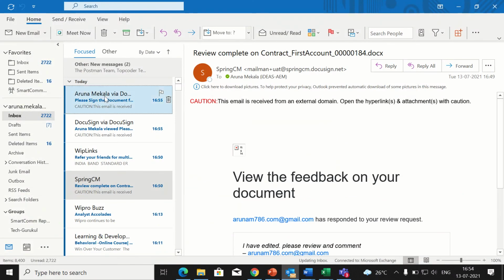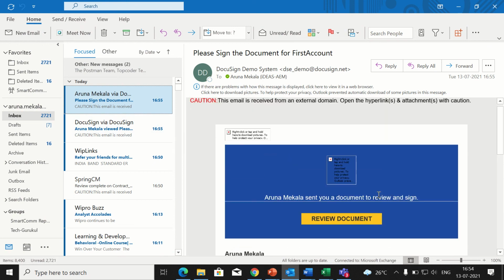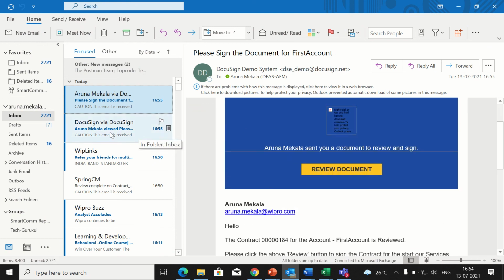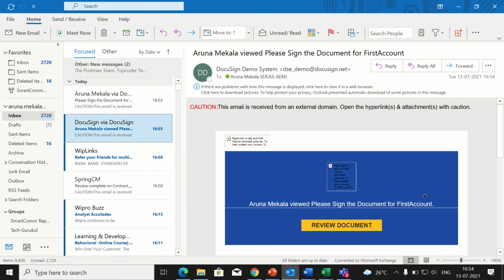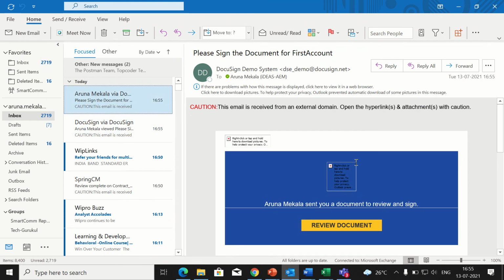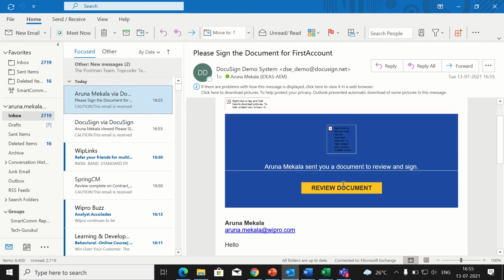I will be getting a mail. Yeah, I got a mail like this. I got a mail saying who has sent the document for signing. He will be notified as the first person has reviewed the document and the second person has reviewed the document. And this mail I got as a signer. Here I need to sign the document. I don't know, some mails I'm getting for the Wipro account and some mails I'm not, but when I see in the workflow I can see my mail got sent to the person.